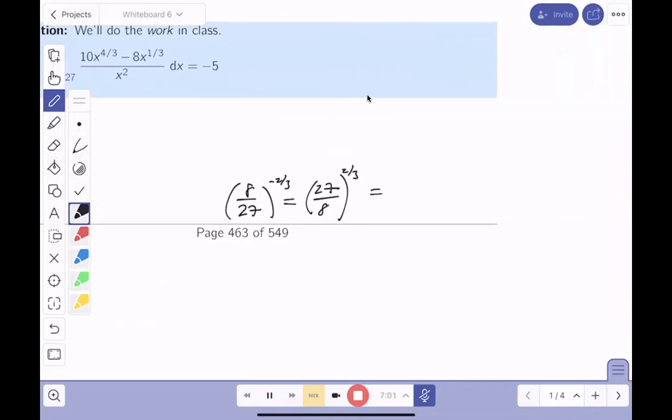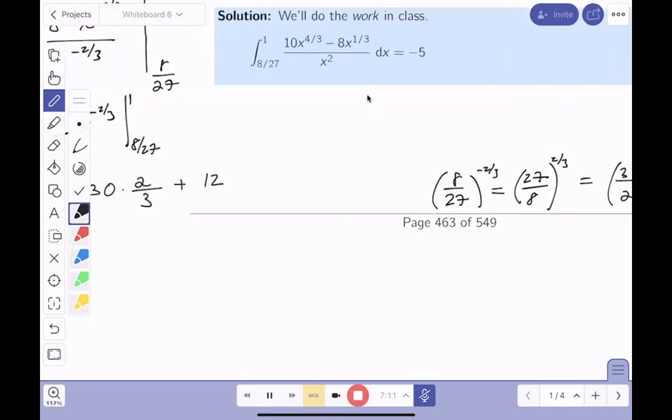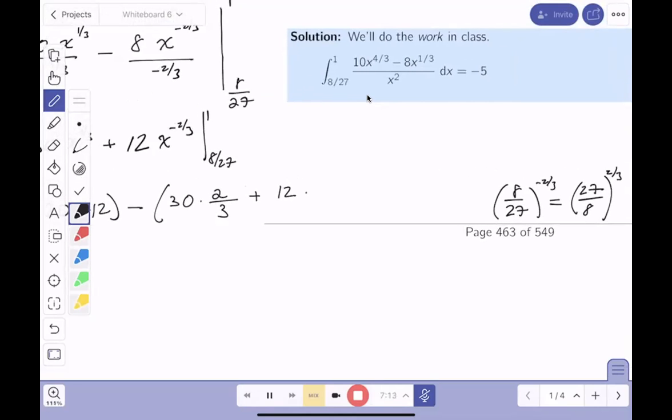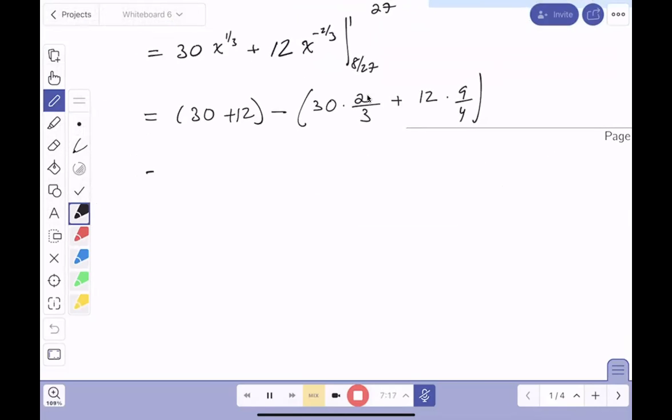That's going to be the cube root of 27, which is 3 halves. I'm sorry, the cube root of 8 is 2. And then I got to square it, which gives 9/4. All right. That's my baby work on the side. I'll put this down over here. And I got to do the work. So what is this giving? 42